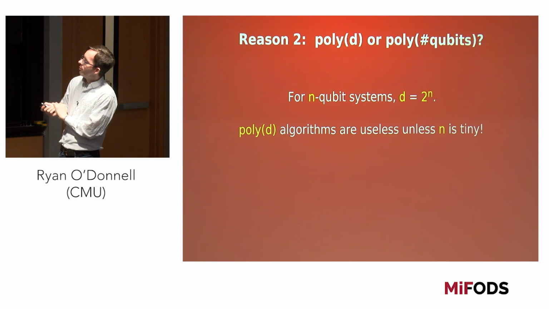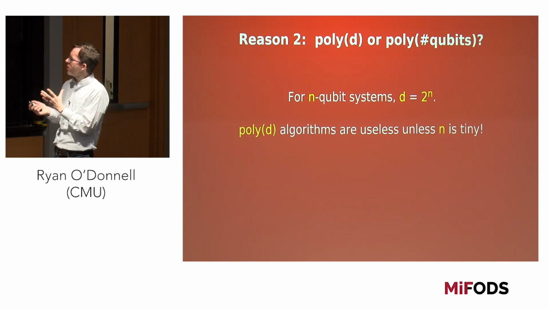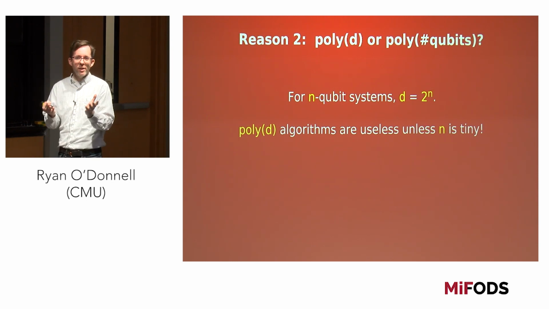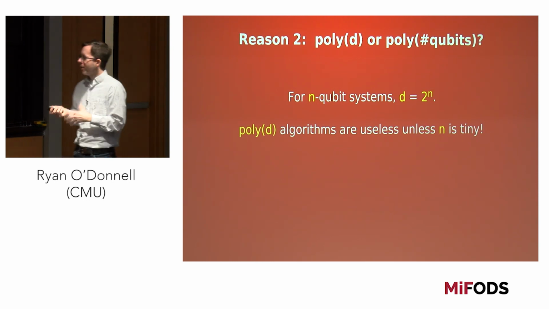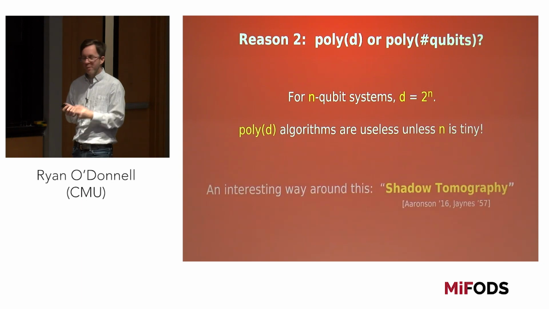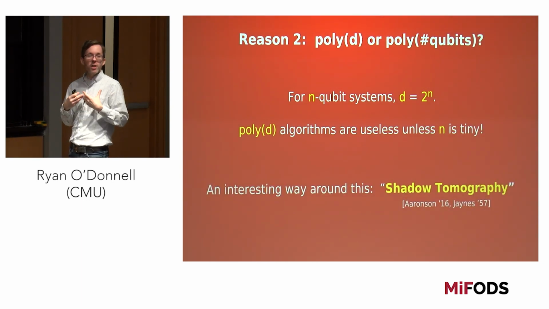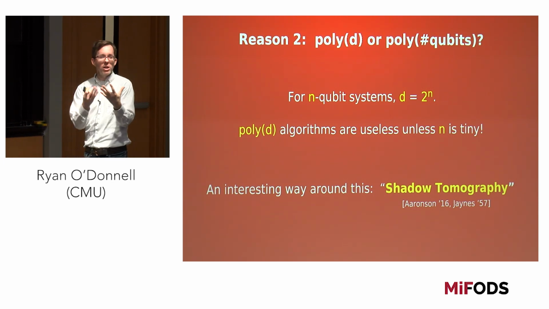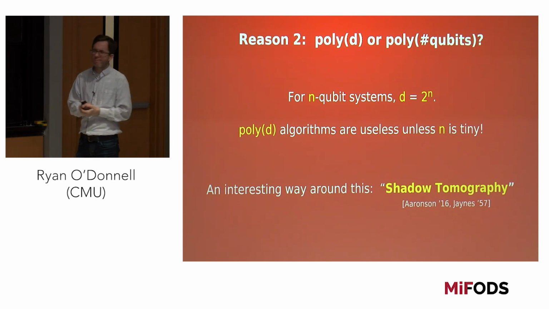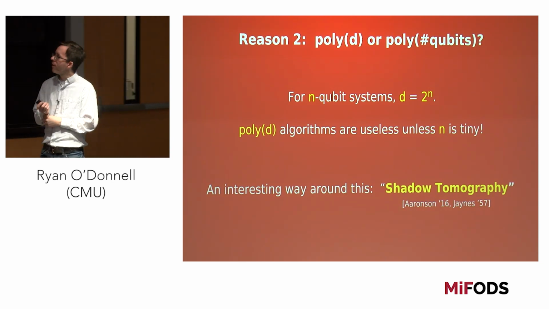So what is this problem? I should mention, for some reason, the quantum people call quantum learning quantum tomography. So tomography just means learning in this context, but this is shadow learning. So what does that mean? Basically, it means you don't try to learn the whole state because it's an exponential size object, but you try to learn some operational aspect of this state, namely some things about what would happen if you measured this state in different ways. It's a little hard to define, but let me do my best here.